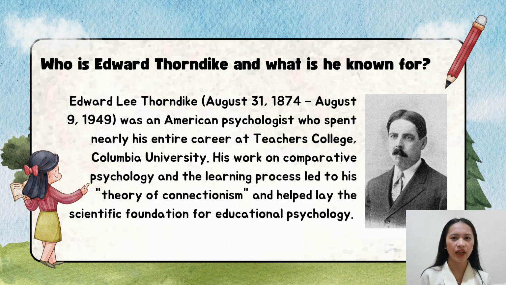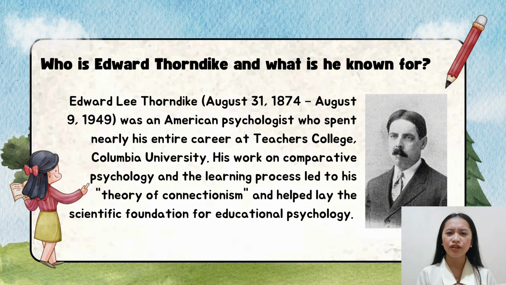Who is Edward Lee Thorndike and what is he known for? Edward Lee Thorndike was an American psychologist and educator who pioneered the development of behavioral psychology and learning theory. His groundbreaking research on animal learning led to the formulation of S&R theory and laws of learning, including the law of effect, law of exercise, and law of readiness. Thorndike's influential work laid the foundation for modern educational psychology, behavioral science,